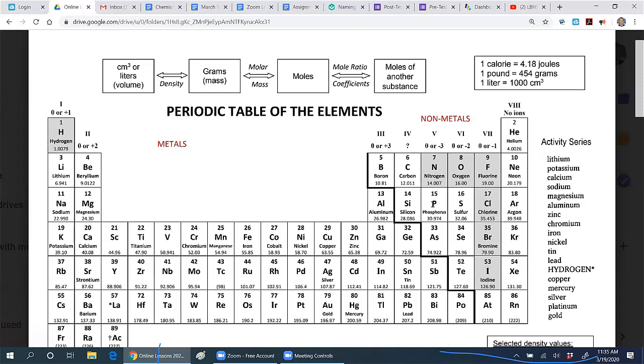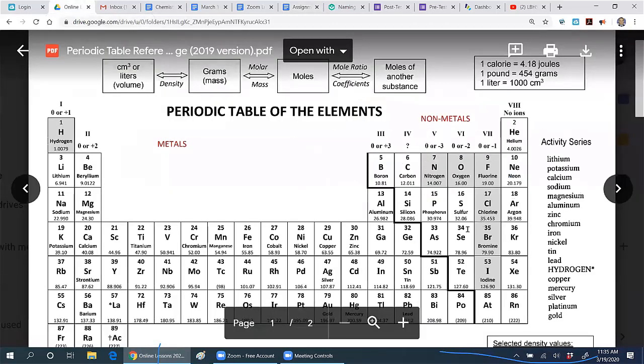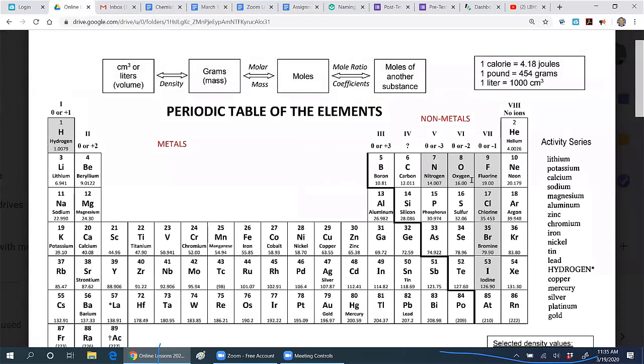This is a non-metal, so phosphorus as an ion is a -3 ion, and that's why the assignment said that phosphide is the element phosphorus with a -3 charge, and that came from the periodic table. All right, beautiful, I think.